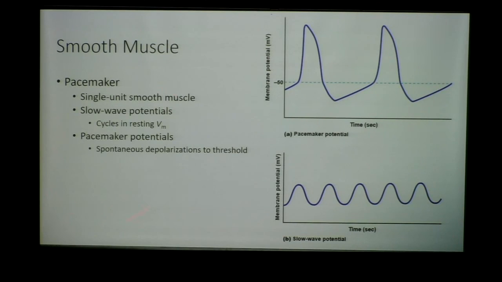Now we have two types of potentials. We have a slow wave potential, which is basically these cyclical raises in the membrane potential. So not enough to really spike any meaningful change, but just these oscillating changes in the membrane potential, right? These slow wave potentials. And then more importantly, we have pacemaker potentials. Now these have enough current, so to speak, to actually do work. These are synonymous with an actual action potential. And so we fire enough of a membrane potential change to do some meaningful work. And this is what we call a pacemaker potential. Again, we see this with single unit smooth muscle, not multi-unit, and we see this with cardiac muscle. We'll talk about the